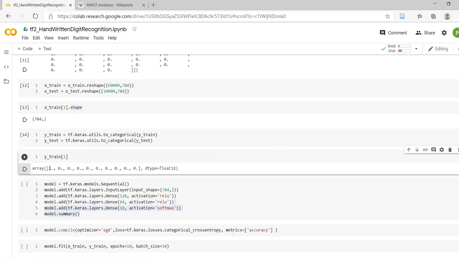Okay, ytrain 1 is 1000000000. Previously we printed ytrain and its value was 0. Now here we are getting 1 at the location where we are representing 0. So the first element in the array is representing 0. That's why its value is 1. Rest of the elements are 0.